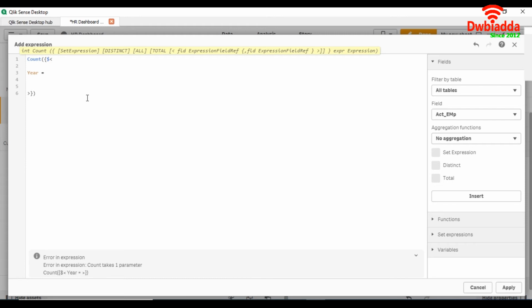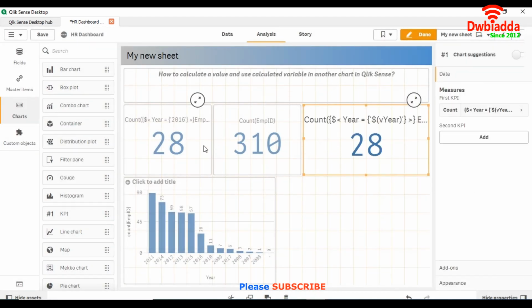And here we are going to use our variable: curly brackets, equals, and dollar expansion, start bracket, close bracket, and here we will use our variable name vYear. Here we have to take the column name which we want to measure. In our case it is employee ID. Okay, so you can see that it's giving the same count. Here we did not use a variable, but here we use a variable, so it's giving us the same count.